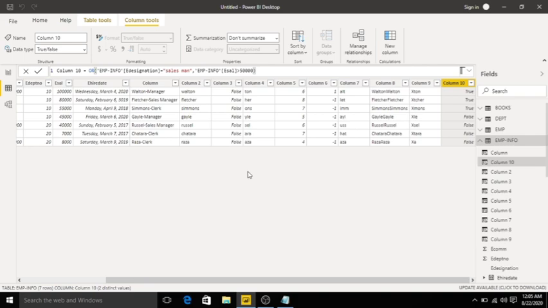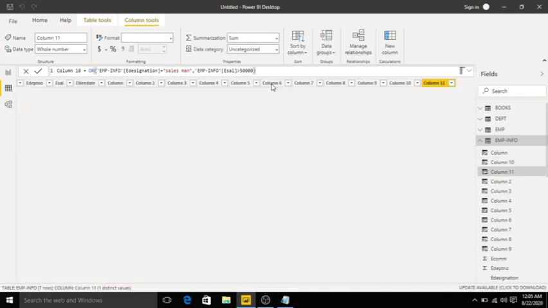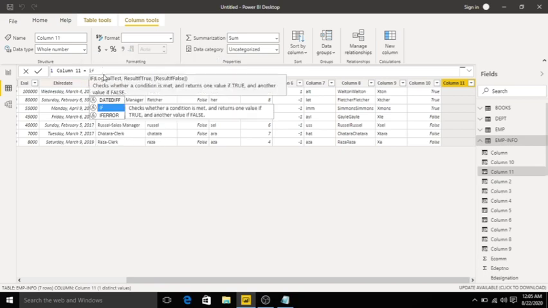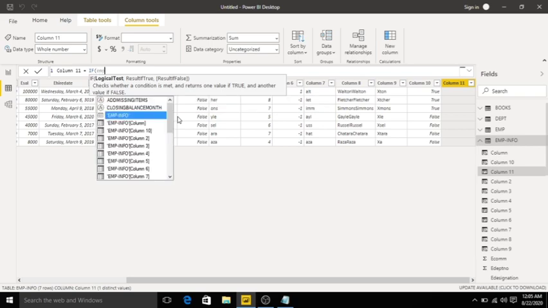We have another function called if. I will create a new column. Click new column. If checks whether a condition is met and returns one value if true and another value if false. If I will take employee of ename, I will take employee info of e-salary.